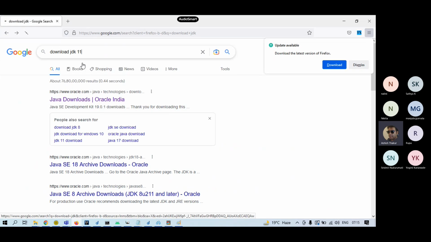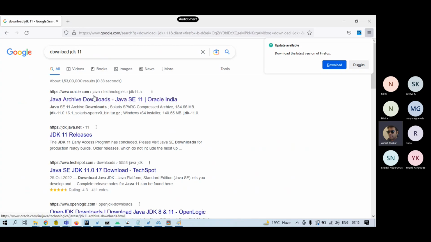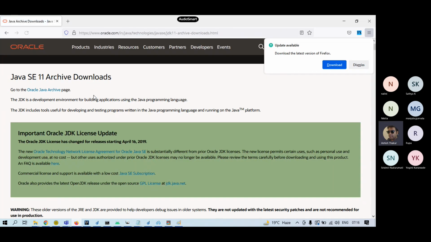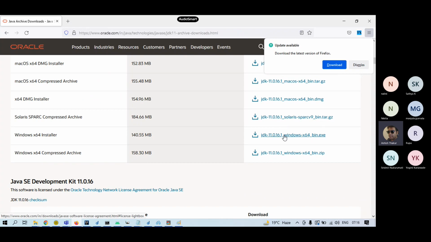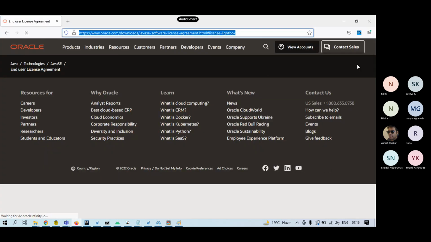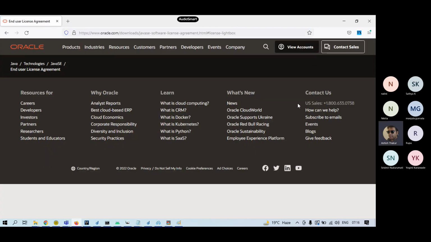You can download the version 11. Right. You can go to this place and click on the exe of your choice. Like for Windows 64, this is the one. And you would be required to